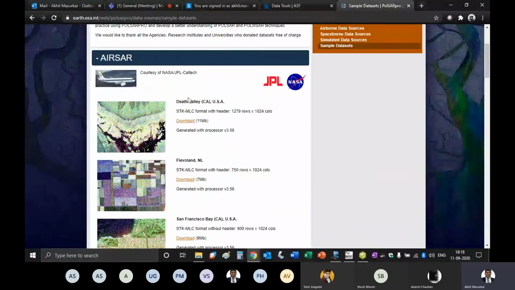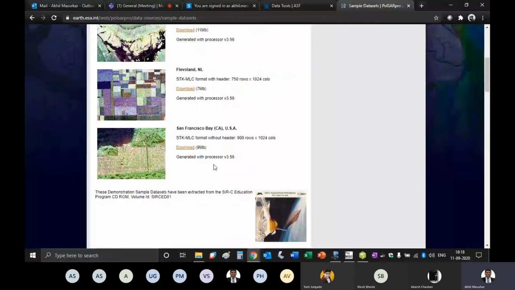So there are three types of database. You will download this database, Flevoland NL, and store it somewhere on your PC.